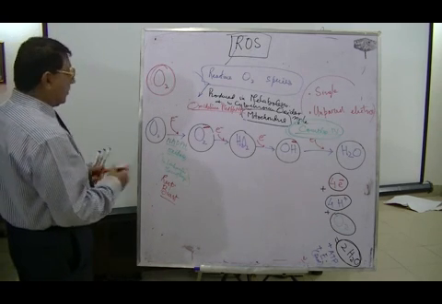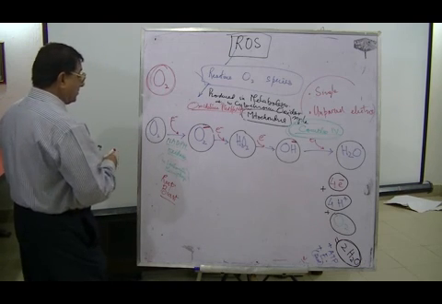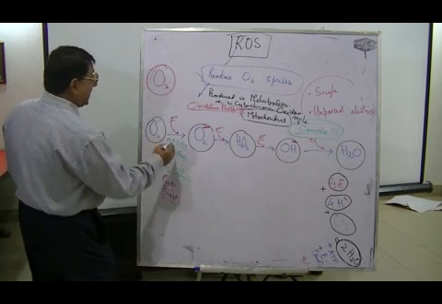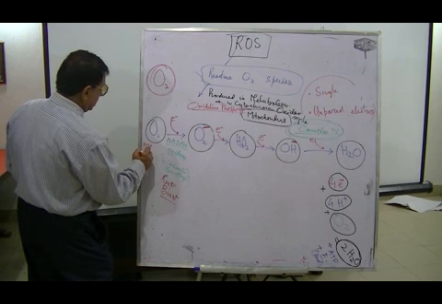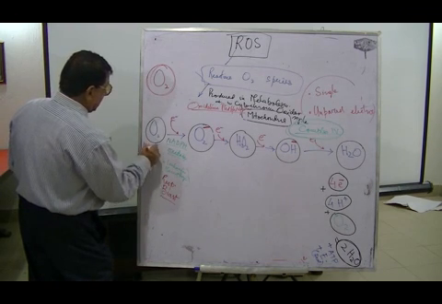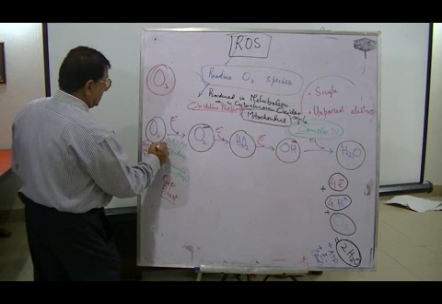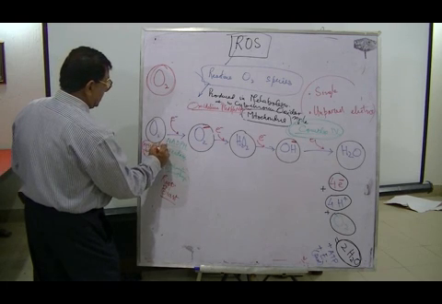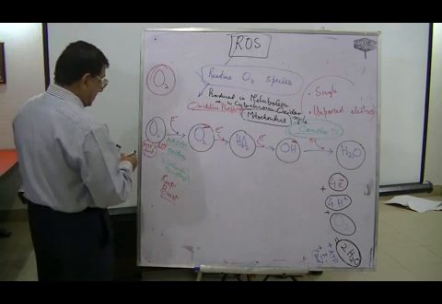And over here I would tell you, where does NADPH come from? NADPH comes from the HMP shunt. And in the HMP shunt, the important enzyme is G6PD, glucose-6-phosphate dehydrogenase. This is the enzyme, G6PD, and this helps in the formation